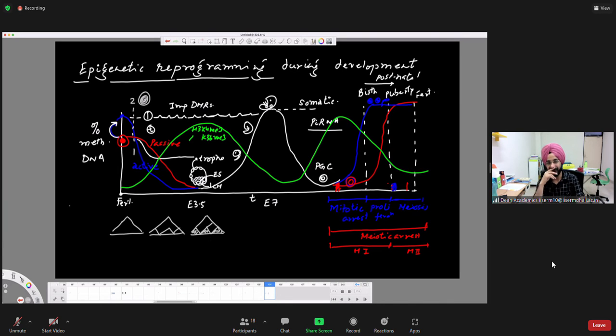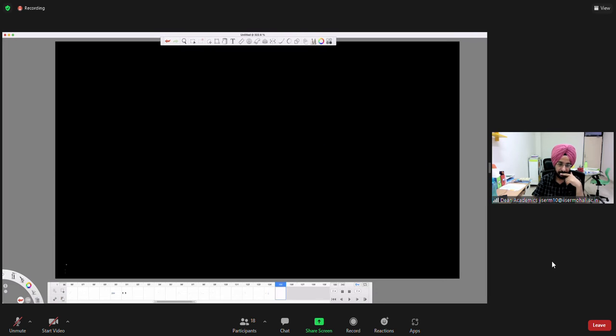So this was all about epigenetic reprogramming in one slide. One has to really elaborate this in a week's time, because I didn't go through germline development in great detail, what is primary oocyte, secondary oocytes, and so on, to get a better idea of this epigenetic reprogramming. I wanted to briefly talk about, we're running out of time.